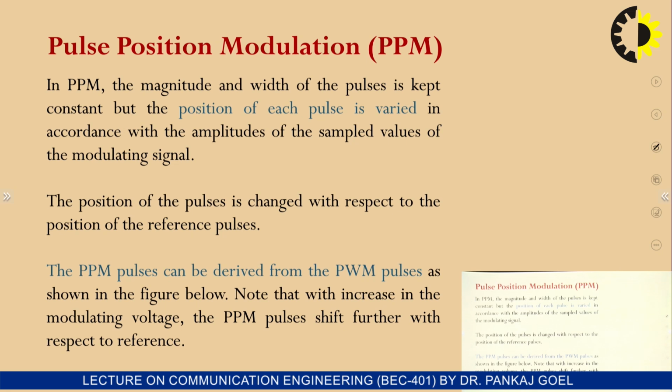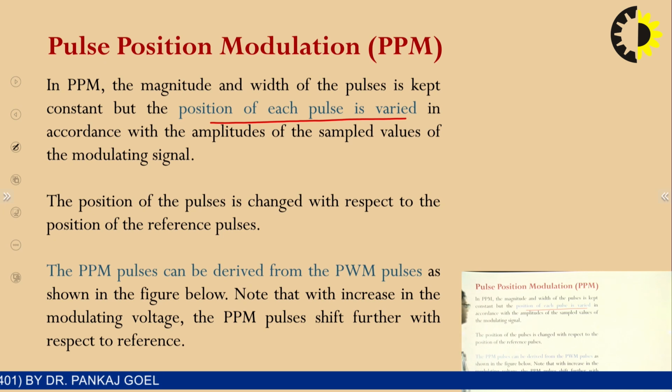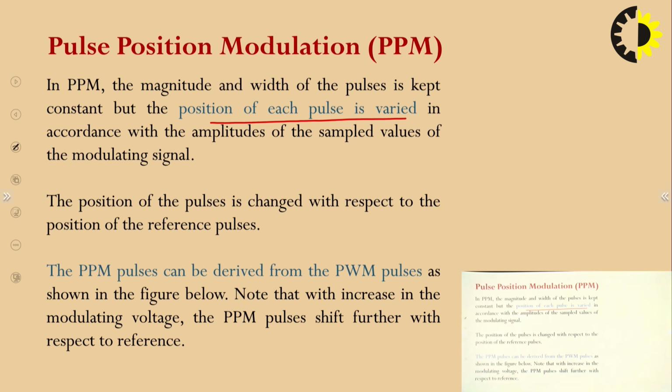Next one is pulse position modulation. As the name suggests, in case of pulse position modulation, the position of each pulse is varied in accordance with the amplitude of the modulating signal. And also note that the pulse position modulation can be achieved from the pulse width modulation, as we can see